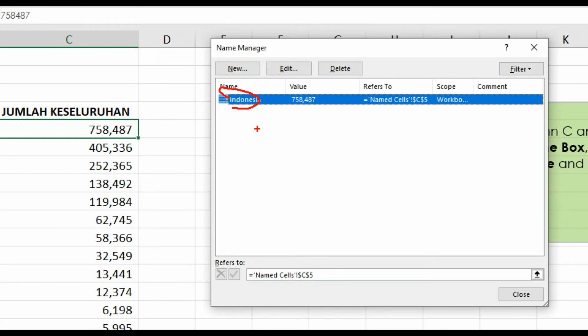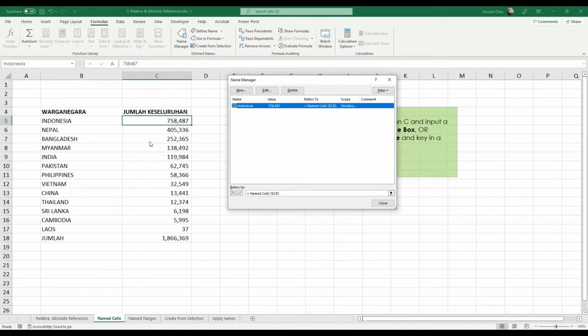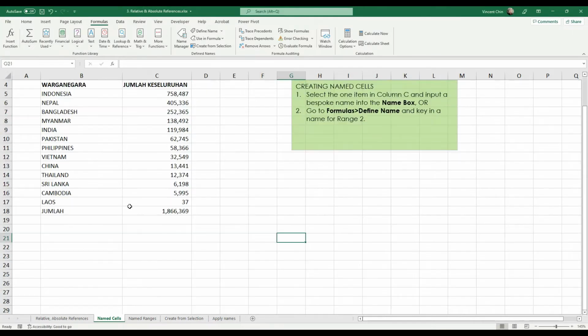Okay. If I don't need the name anymore, I can delete, of course. I can also edit if I make any spelling issues. I can not only edit Indonesia, but change the cell and so on and so forth. So this part here is right under name manager if I want to do any changes. Okay. Now, can you come to the